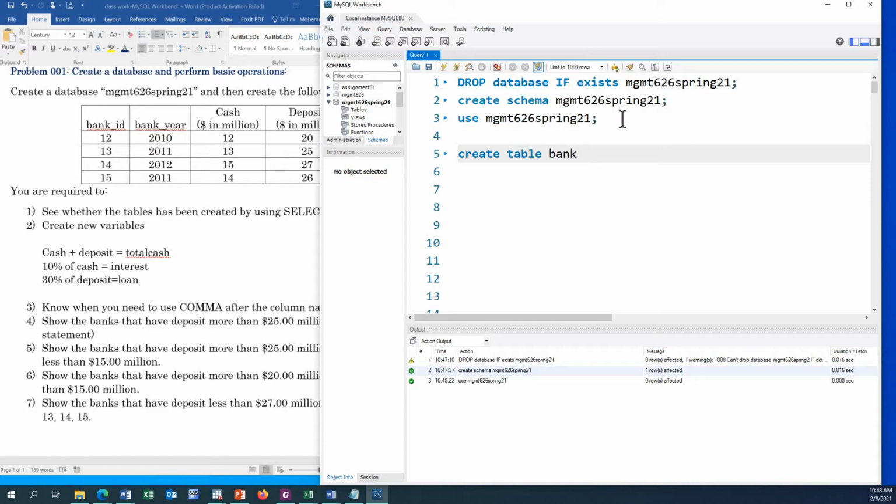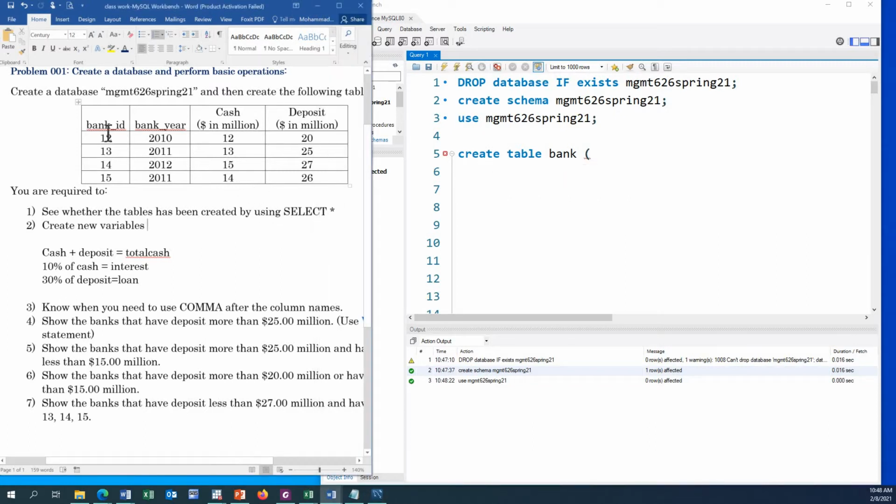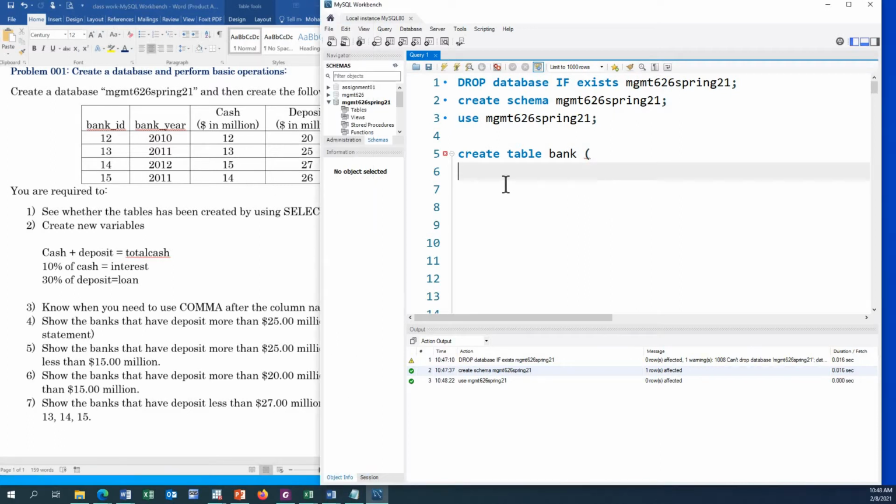bank. Start the bracket, and then we will create, see what we have here. We have 1, 2, 3, 4 columns. The first one is bank ID, and you should tell SQL that this is an integer. So this is an integer, and we will be using unsigned default 0000. The ID may be 4 digits, so that is why we are using 4 zeros, and this should not be